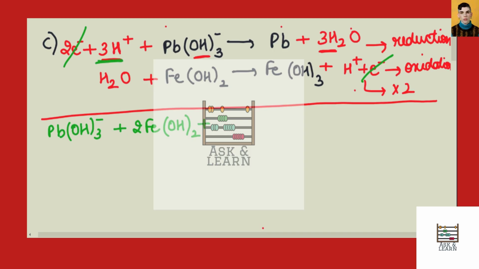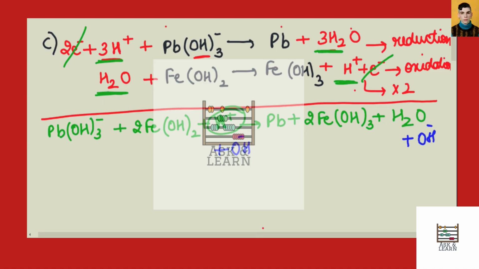so 3H positive and then 2H positive, which means 1H positive, and then lead plus 2, and then we have 3 water molecules here and 2 water molecules here, so 3 minus 2 is 1. Okay, and now since we have to balance the H positive by adding hydroxide, because this is a basic medium, so we cannot have H positive, so what we do is we add another hydroxide here and other hydroxide here. So since this overall becomes water molecules, so this gets cancelled and the overall equation comes out to be,